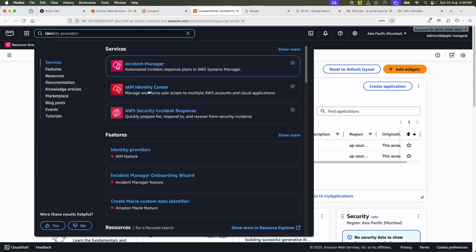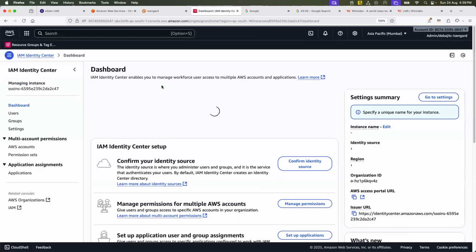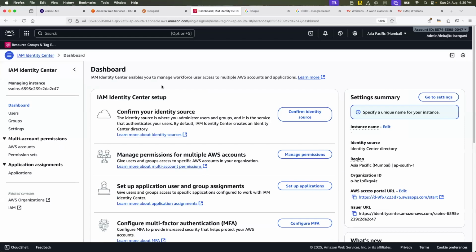Earlier it was SSO, but now they use IAM Identity Center everywhere. Just click on that. This is a very important service, because as an architect, engineer, or company, you should implement it. Right now, this is the dashboard.